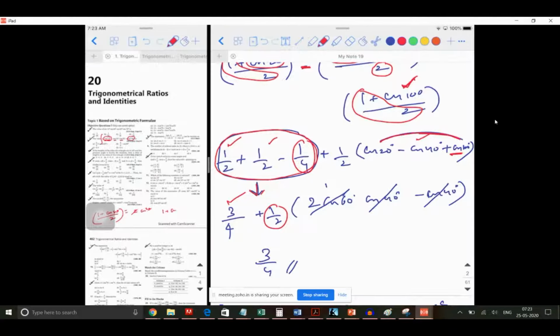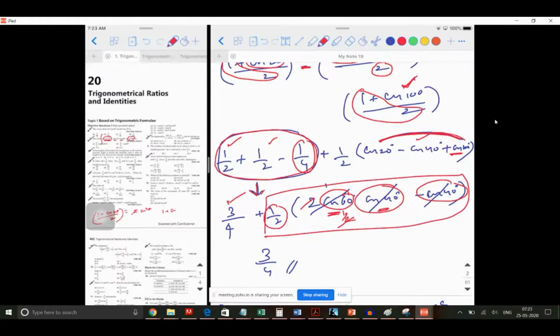is more comfortable. So when you take these two, you are going to get 2 cos of 60 degrees into cos of 40 degrees. But cos 60 is going to be half, this and this will get cancelled. So 1 into, there is going to be cos 40 minus cos 40, this whole term will become 0. So the answer you are left with is 3 by 4. Okay. So this is the idea which we can follow in this question.